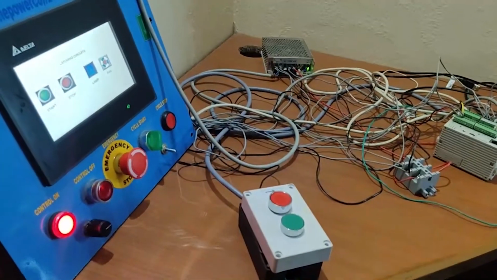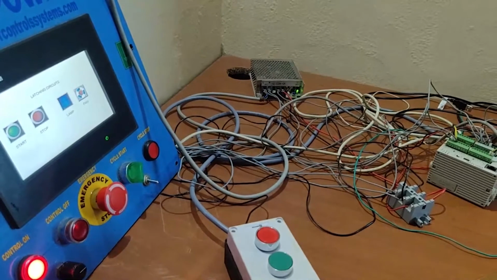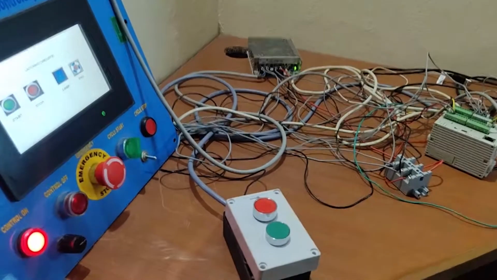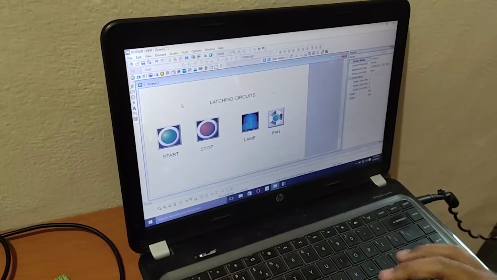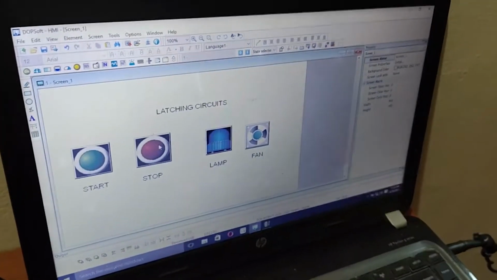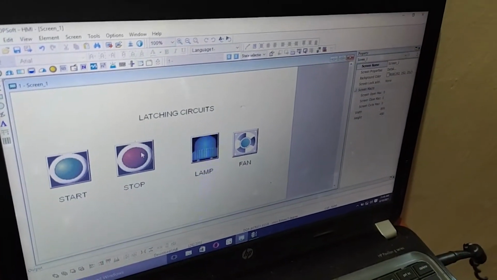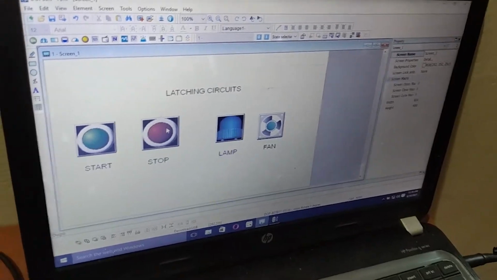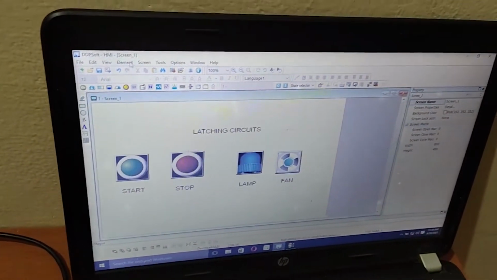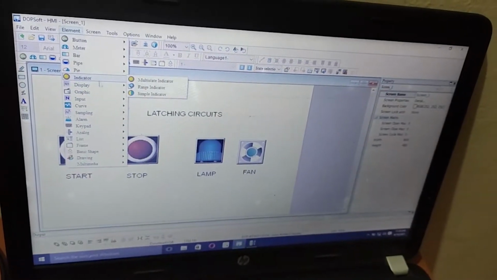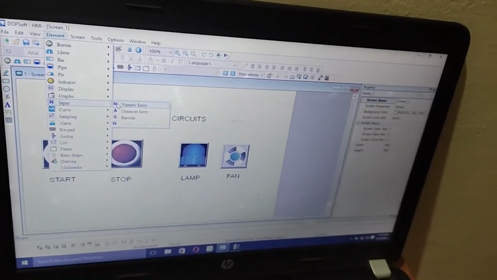Now we are going to see the timer, and how we enter the value from the HMI to the timer. We just saw the input output communication between the HMI and PLC. Now I am giving the data values from the HMI to the PLC for the timer process. So I am getting an input here, a numerical entry.